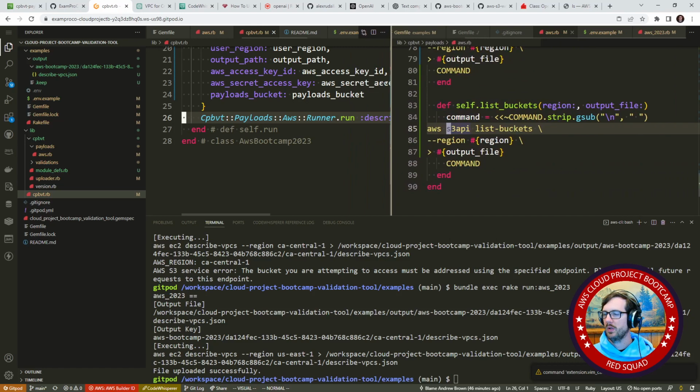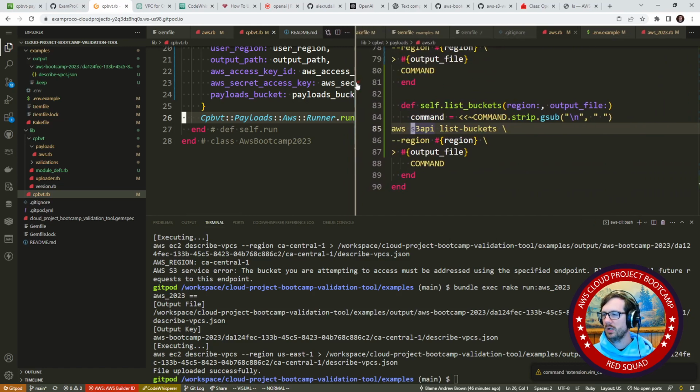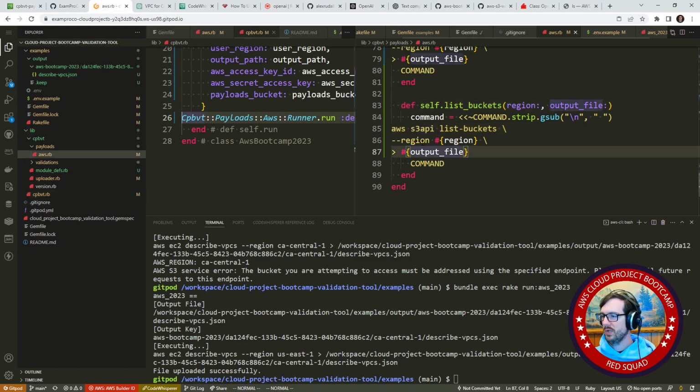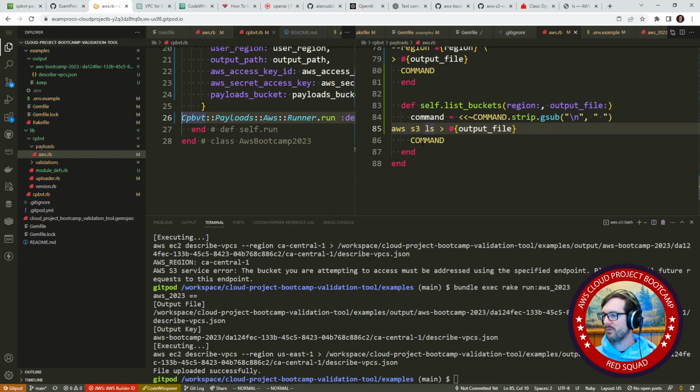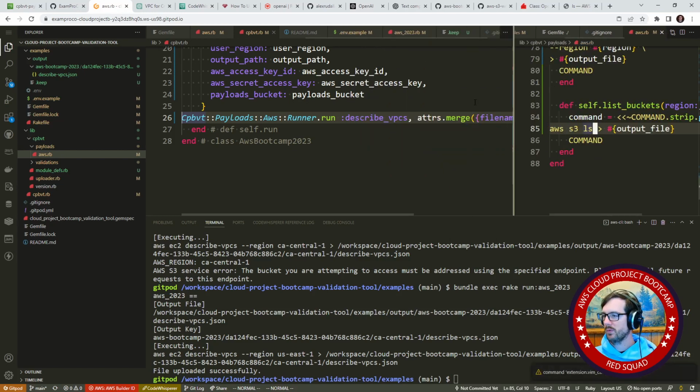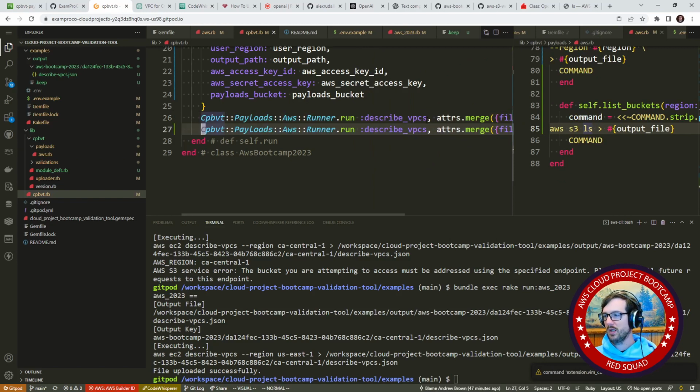And so here, we don't really need the region. We can pass it along, but we can just ignore it. The other thing is that the bucket key creates a very specific name, but we'll just try this. We'll do AWS S3. It's actually kind of good that we're doing this other one. We'll do AWS S3 LS. And we'll take out the region because we don't care about having a region for this one. And we'll go back over here. This can be indented. There's no reason that can't be indented. And so this one's going to be list buckets,